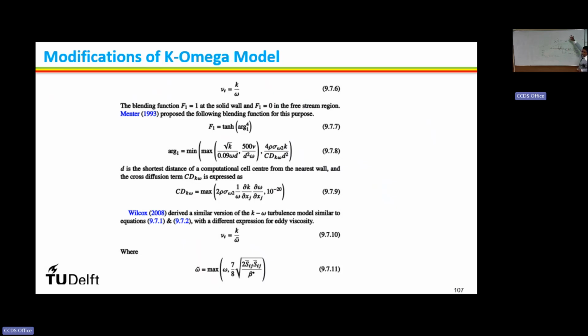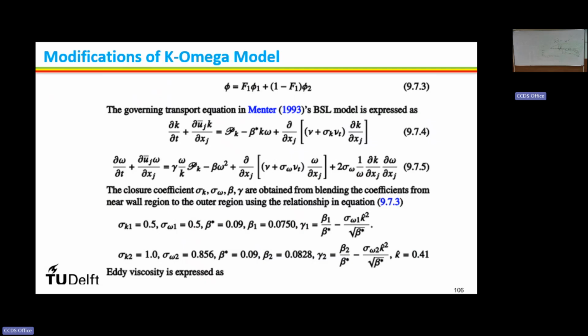If I go far away from the wall, shear stress will vanish, right? So basically the f1 function depends upon other parameters which are mostly constant, and upon the wall-normal shortest distance from the nearest wall, right? So once you get the f1 function, this f1 function is used to blend the